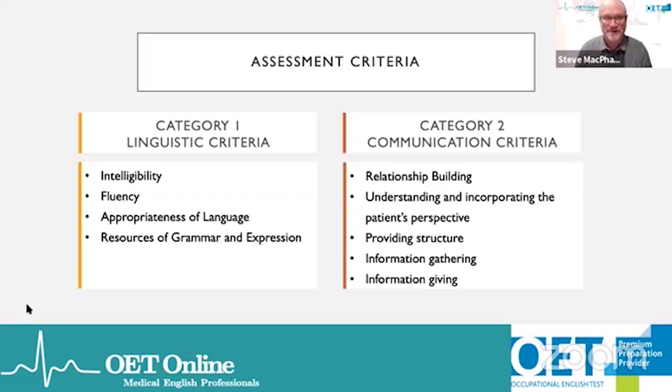Of course, there's lots of medical words which can be difficult to pronounce. So having an awareness of correct pronunciation in your subject area is very useful. The next category is fluency. Now that means you should not speak too quickly, nor should you speak too slowly. If there are a lot of hesitations in your speech, a lot of ums and ahs, for example,